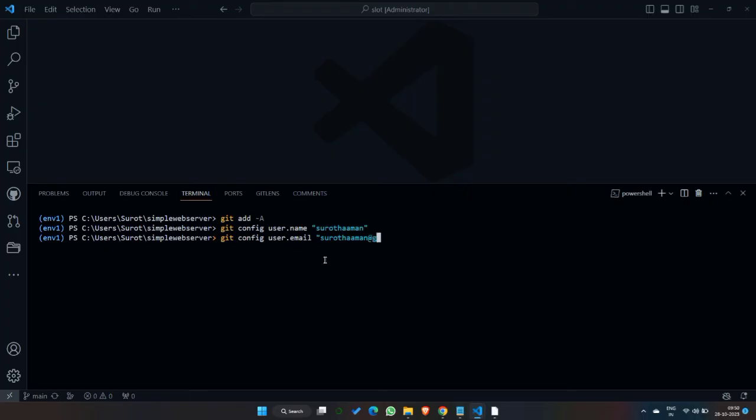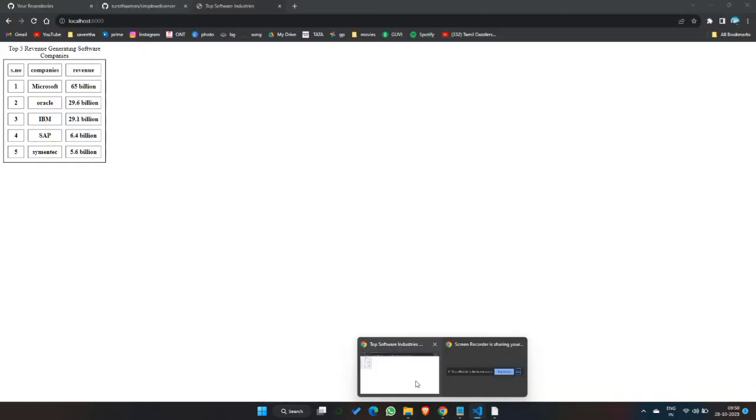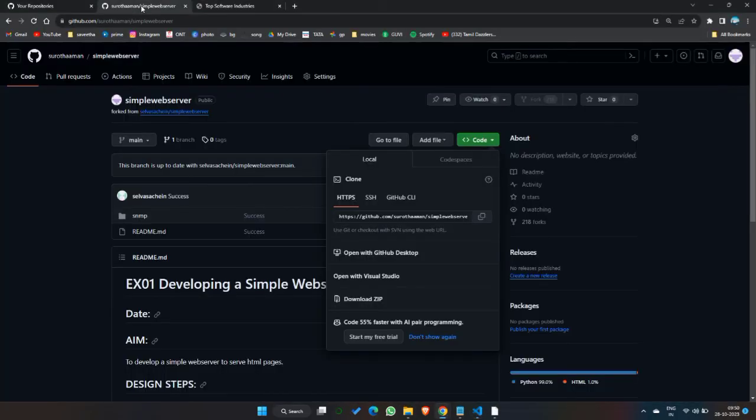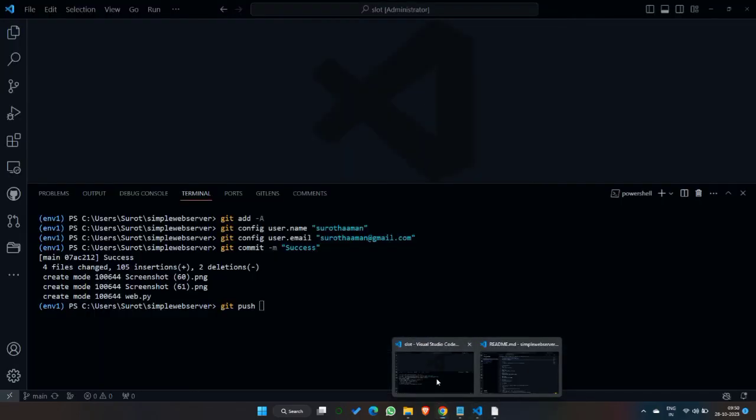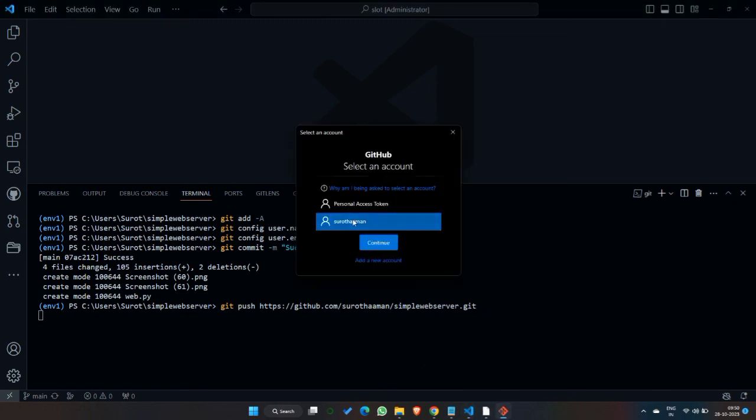Once both are done, we have to save the changes whatever we have done. So for saving the changes, use git commit, and once the changes are saved, you can execute the git push command. Okay, you just again copy the link and paste it here, and that way it will push everything into your repository. And after this command is successfully executed,